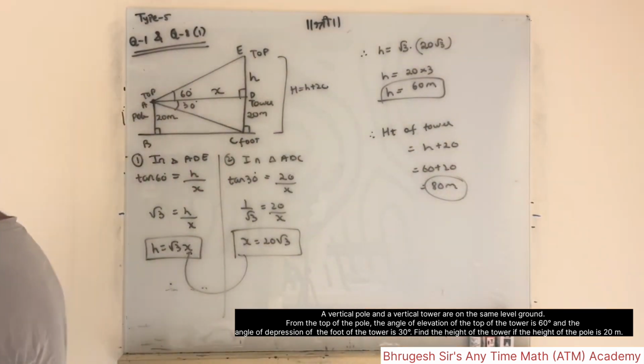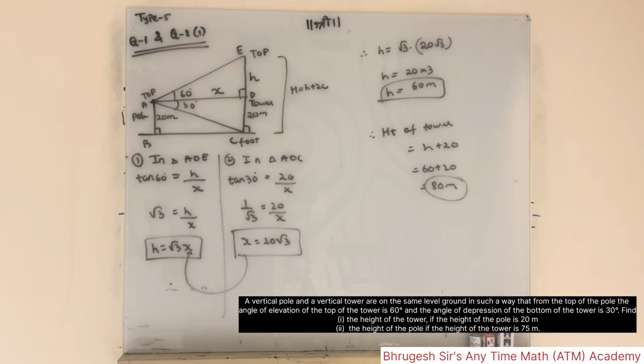Please pause this video and now try to do question number 8, the second part. Very similar diagram except for 1 or 2 data points changing. Okay beta? Please try to attempt question number 8, second part. Copy this well, pause, and we will be doing the second part of 8 now. Let's go. I am doing question number 8, second part.